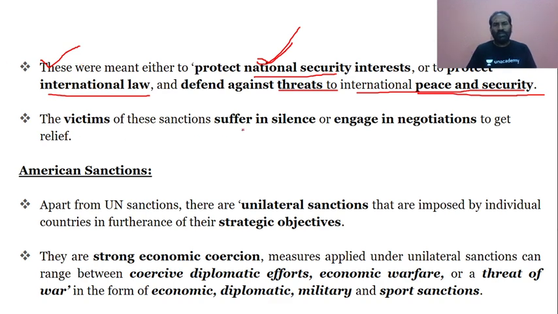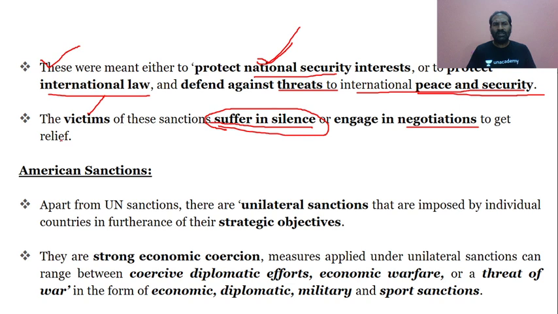The victims of these sanctions suffer in silence. That means the victims of these sanctions are the developing countries and the poor countries. Either they suffer in silence because they cannot oppose the developed countries, or the alternative is to engage in negotiations, either to suffer in silence or to engage in negotiations to get